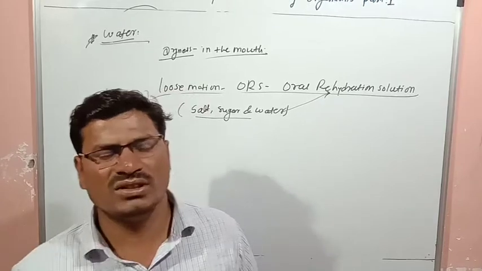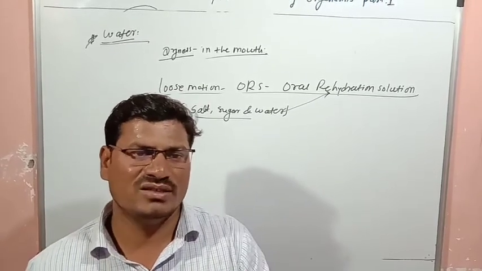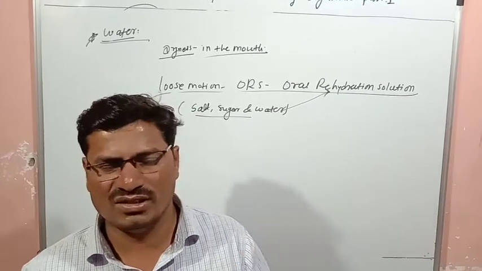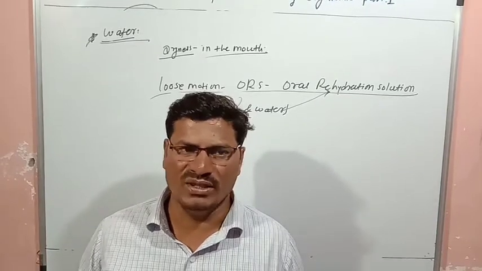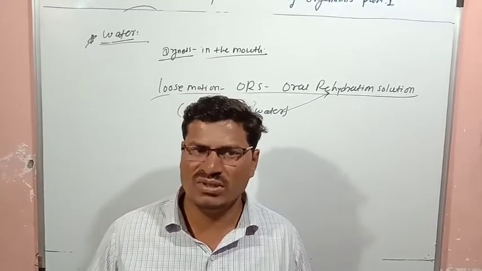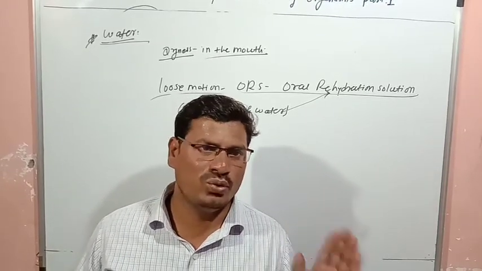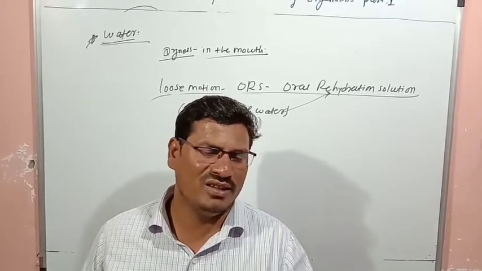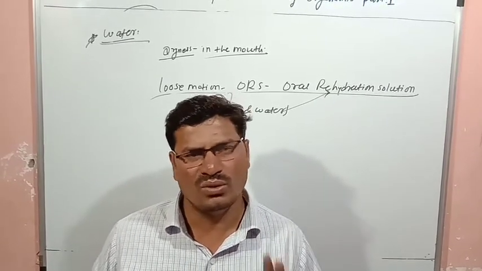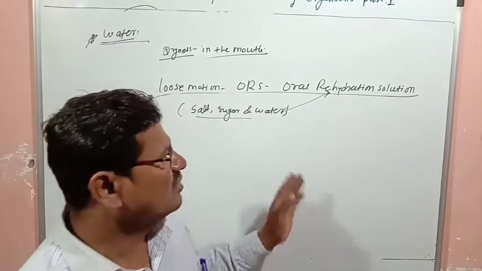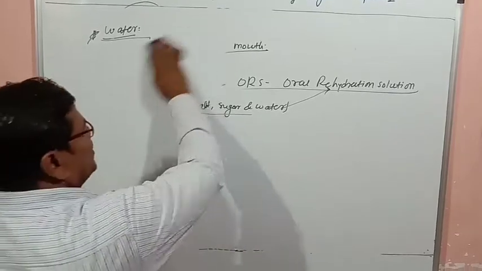And the third question is related to why we sweat heavily in summer and during heavy exercise. Body temperature increases due to the summer, and as well as during heavy exercise body temperature increases, and to cool the body sweating takes place, and when sweat gets evaporated the body is cooled. Evaporation takes place there.